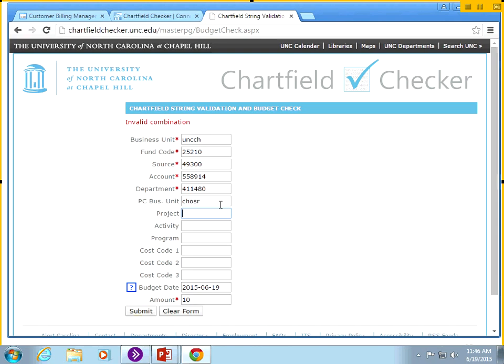This grant actually ends July 31st. So if I leave this current date and submit, this is using the PeopleSoft budget check, so this does take 10 to 20 seconds to run, so please be patient. This does not have the little Connect Carolina screen on here, but you would see the little spin clock in the tab. Notice this did come back as a valid chart field, but if I change this to August,